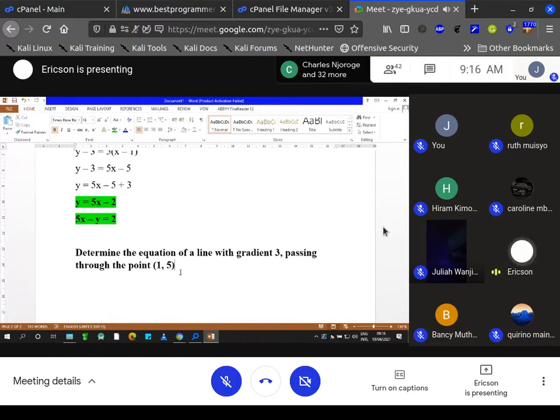The answer also can be 3x minus 2. Again, there are many answers to an equation. You can twist it the way you want, but basically it should be correct signs you use on the values. So that is the answer: y minus 2 is equal to 3x. That is the answer. From there, we can look at